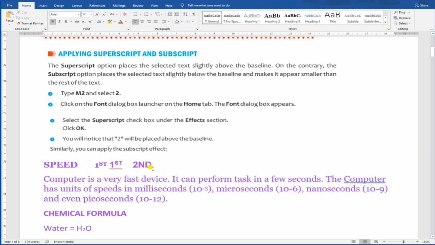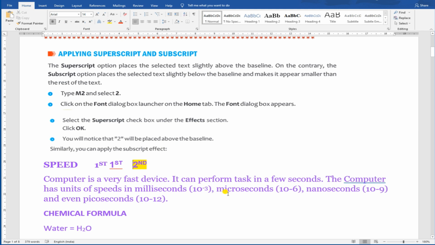But now you can see my ND is not going up, so this is not looking good. I want this ND to go a little up and in a smaller size. So what I'll do, I'll use the superscript option here. I have to select the particular text, and here in the same Font group, Home tab, just in the same line as bold, italic, underline, you will get the option X square, that is the superscript option. You just need to click it. I hope you can see the change here in ND, right?